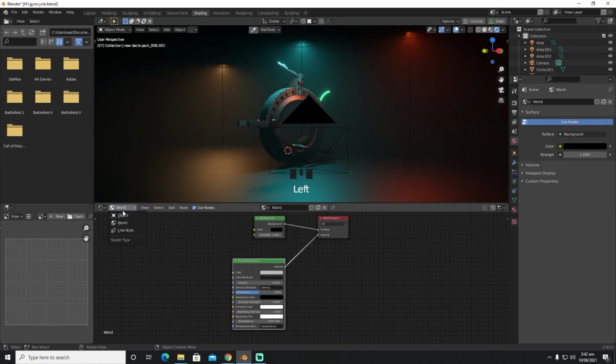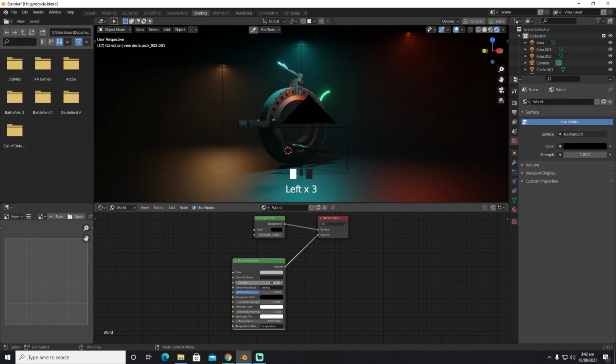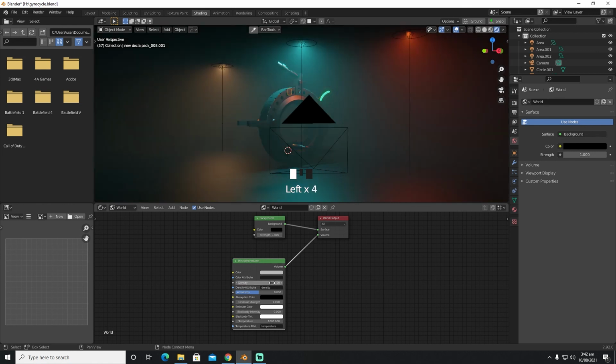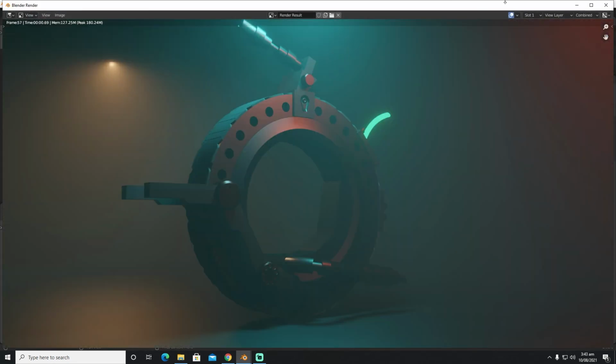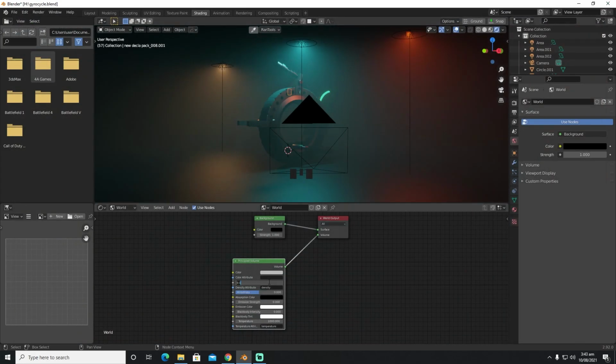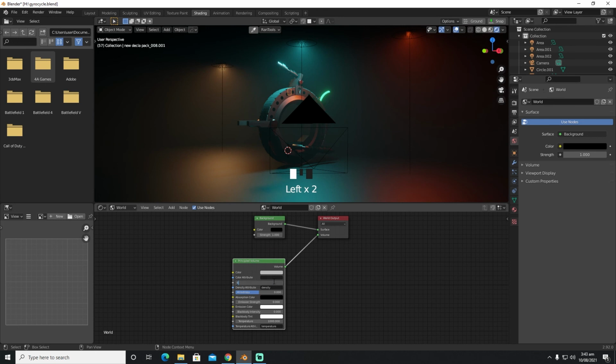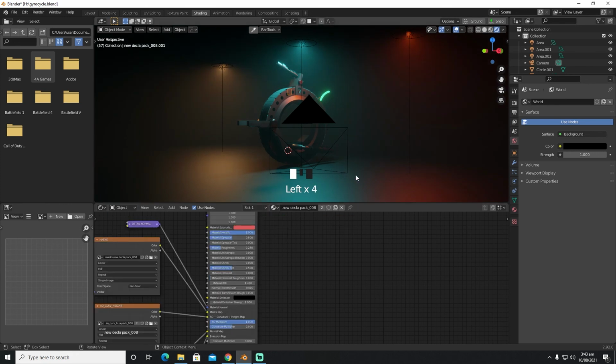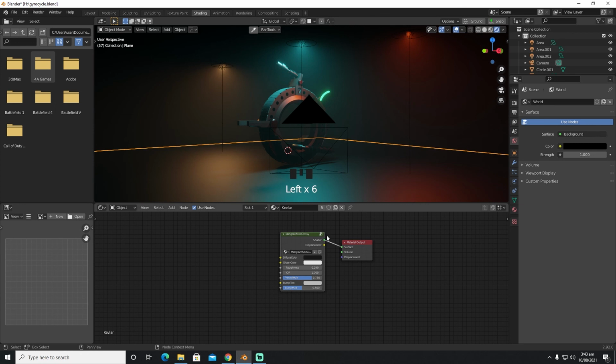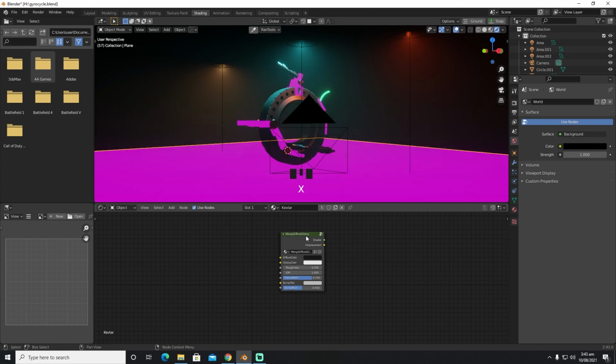Let's go into shading and give it 0.01 or maybe 0.1. No, that's too much foggy. 0.01 or 0.02, 0.03. No, 0.02 is okay. I'm gonna go into object settings, and I'm gonna select this guy. I'm gonna delete this,